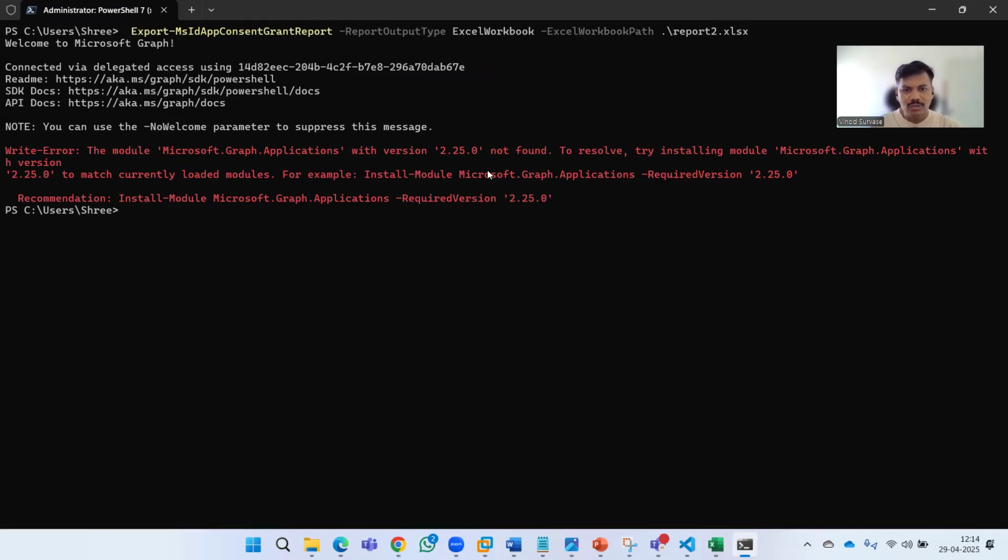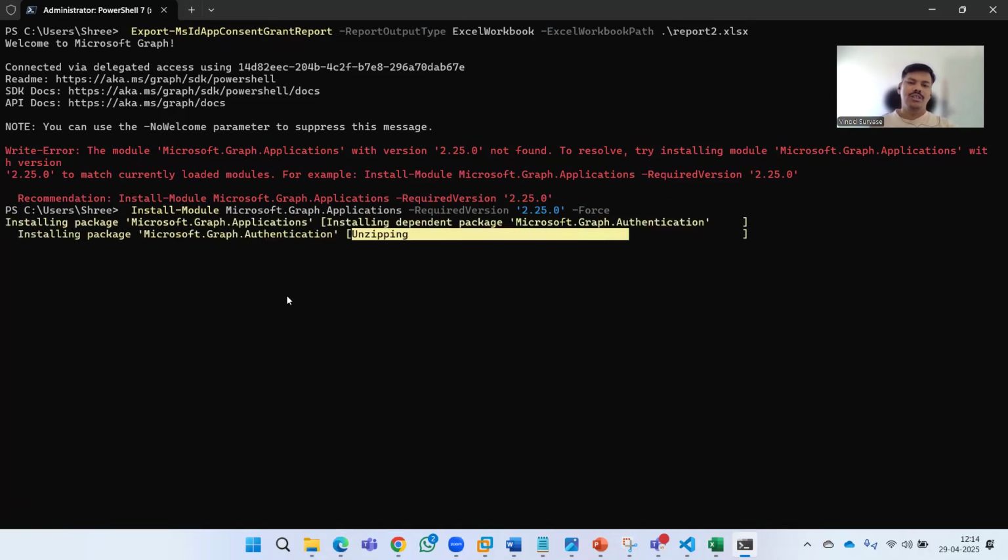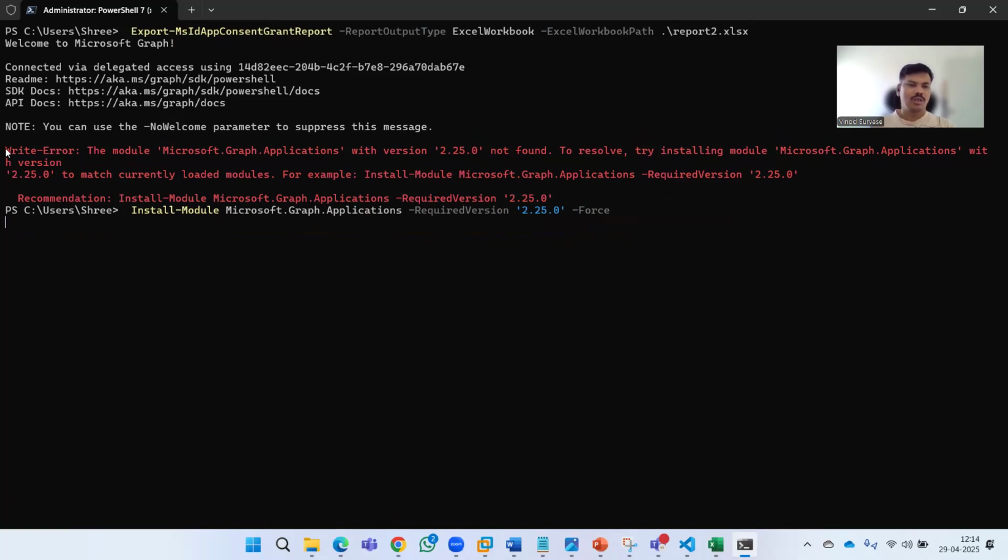Okay, so it says version not found. Okay, that is strange. What I will do is install this module with this version and we can rerun, right? So probably if you don't have the right set of modules installed, then we would see these kinds of errors, and those errors will come up